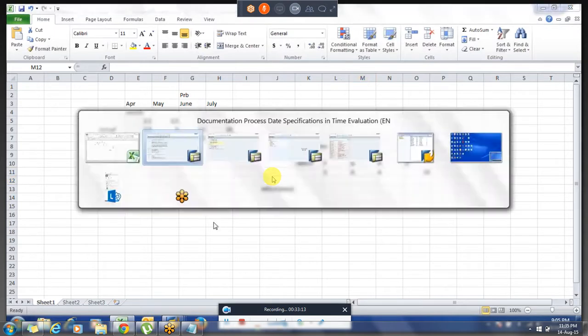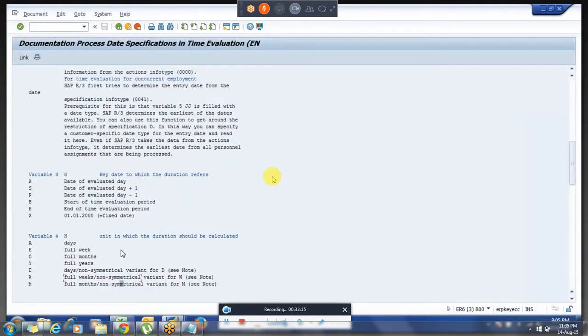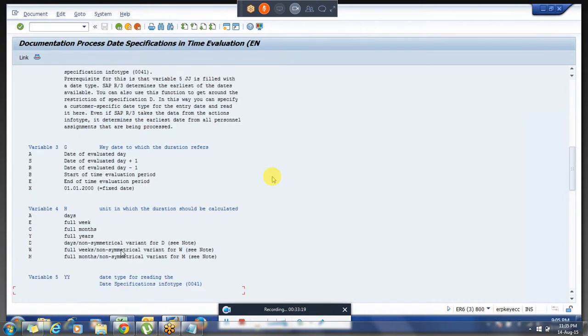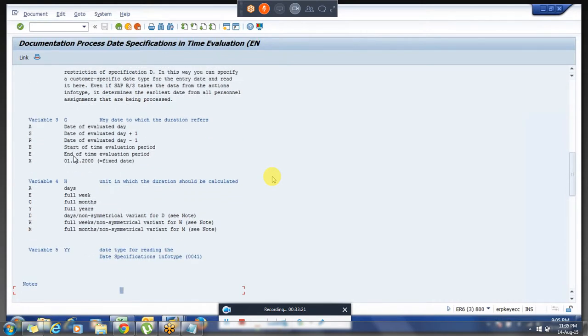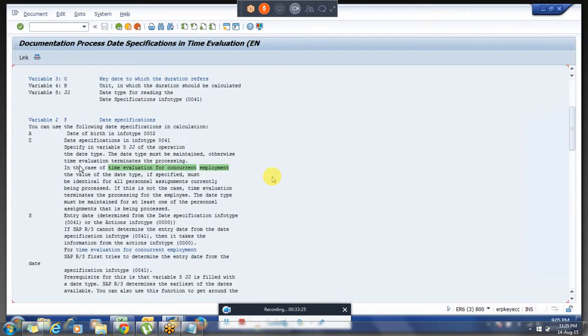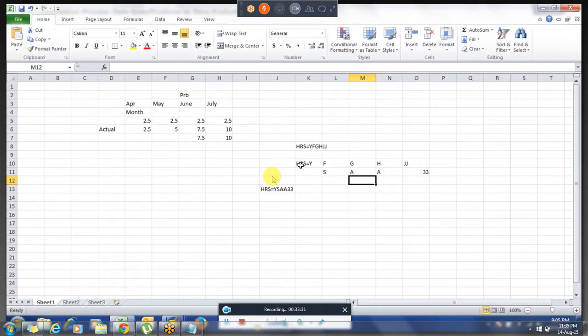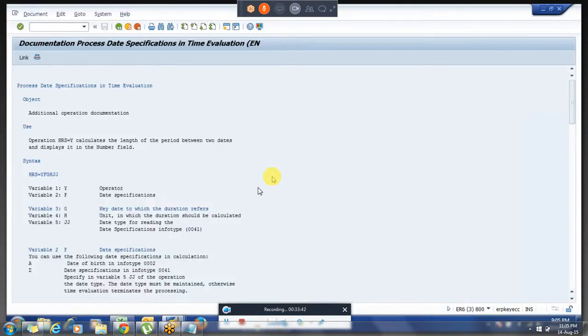It is a bit confusing to understand how to build the logic, but you should concentrate more on what the documentation has given. Whenever you are going to build such logic, you copy the syntax, put it somewhere, and see what to give and build like this. Then go to your PCR. I will come back.